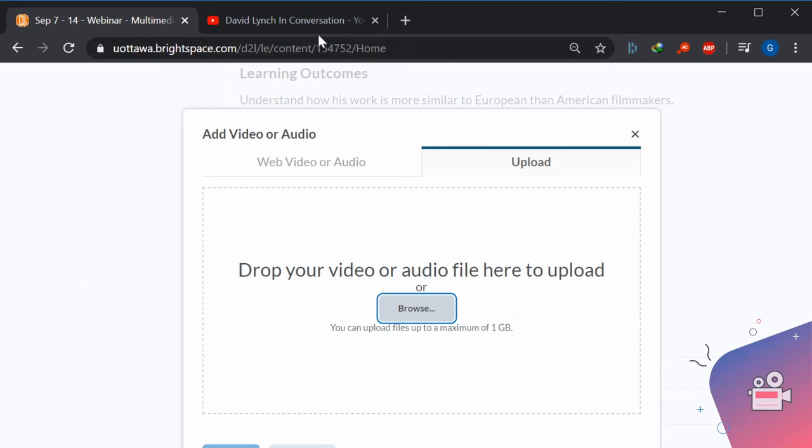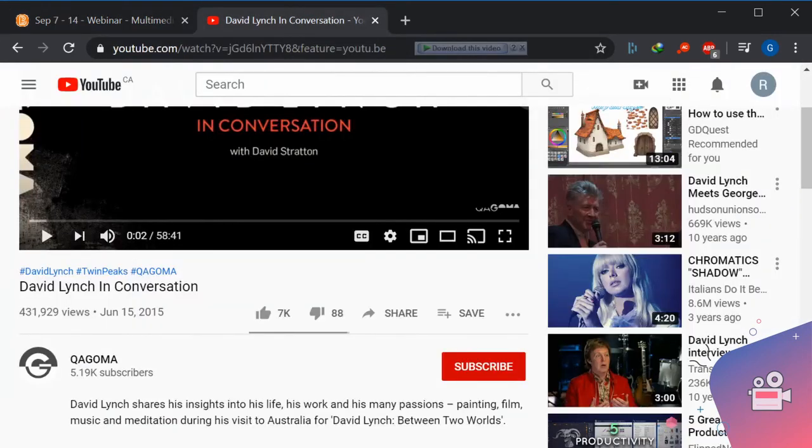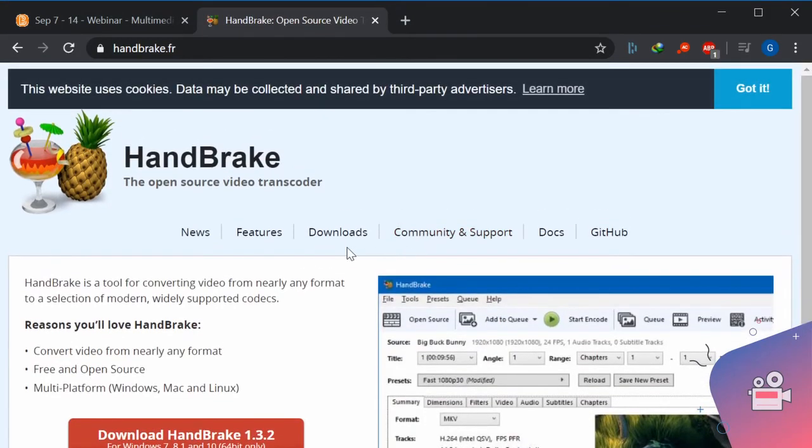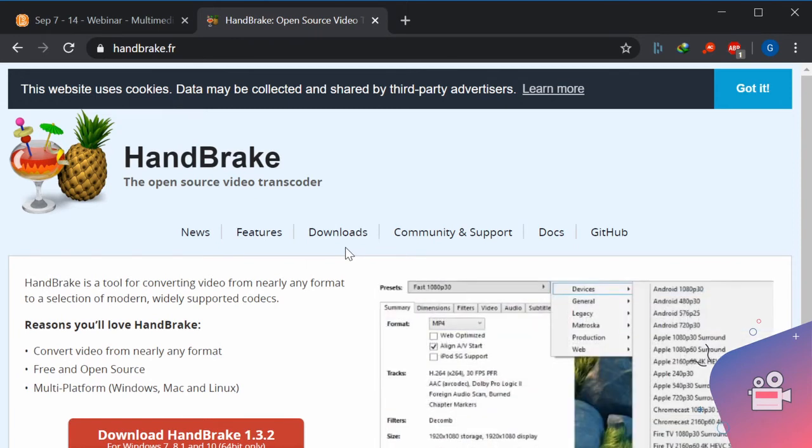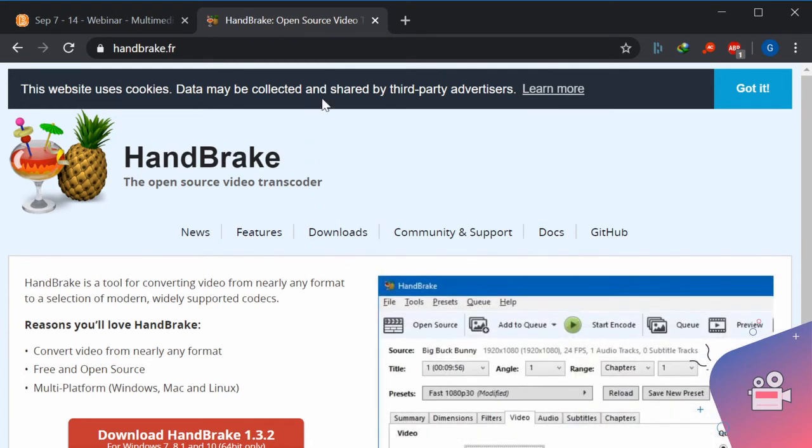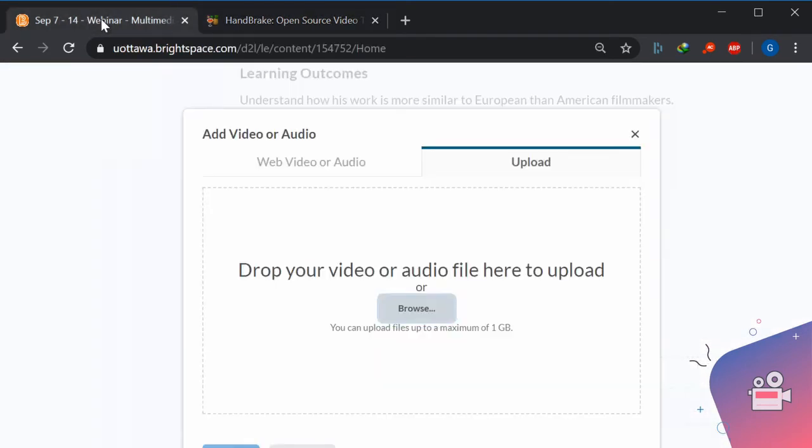If for some reason, whatever you've done does not fit within those constraints, the first software that I mentioned before, let me go ahead and just bring it up real quick. Handbrake, our friend Handbrake. Handbrake lets you alter the compression. So the more compression, the smaller the file. The crappier it looks too. So usually you don't want to apply too much compression,